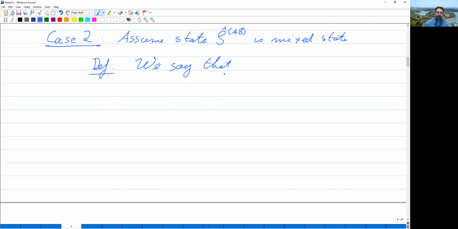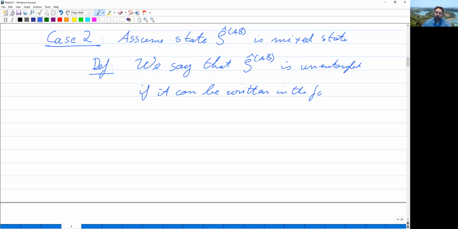Okay, so we say that the system with the state rho hat AB is unentangled if it is in a linear combination of unentangled states. So it is unentangled if it can be written in the form